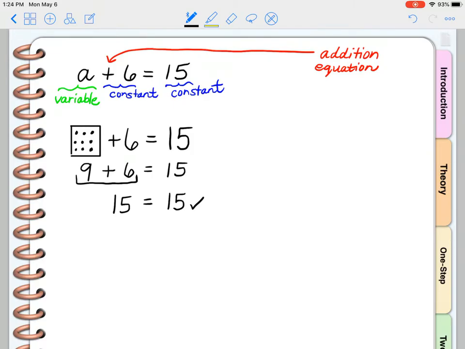Well, for this one, the little box and the dots works fine. We could do an equation like this with a box and dots. The problem is that most equations are not going to be this basic. This is a very, very, very basic equation. So at the end of this course, you can come back to this page and you'll realize just how basic this one is. So I need to teach you the algebra process